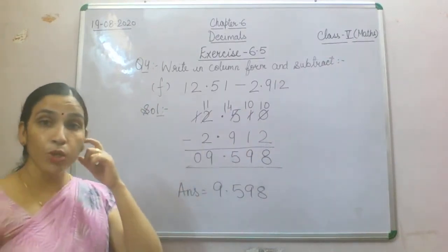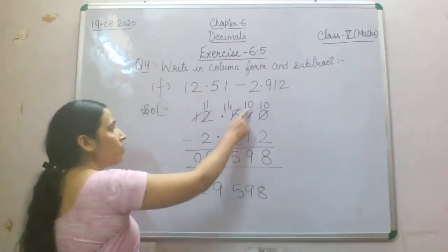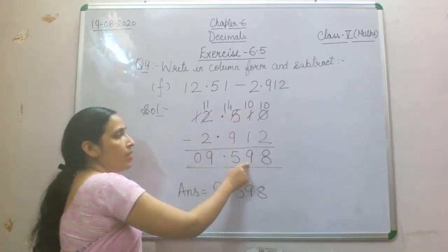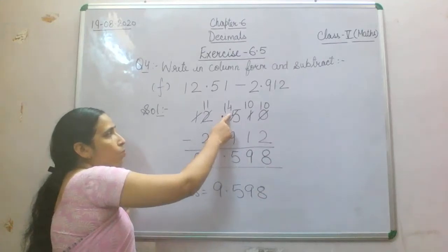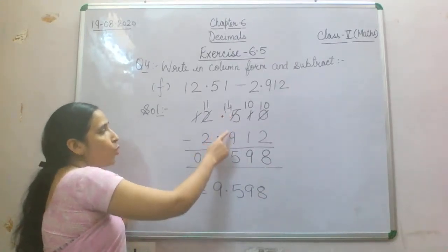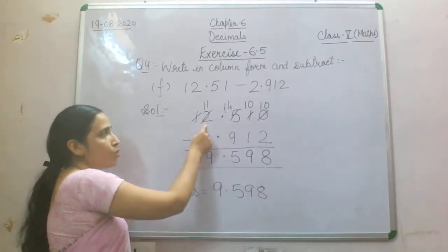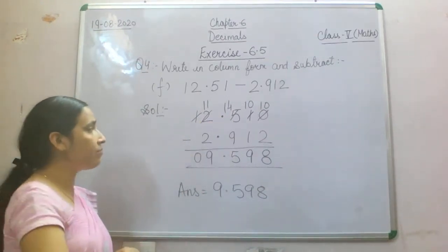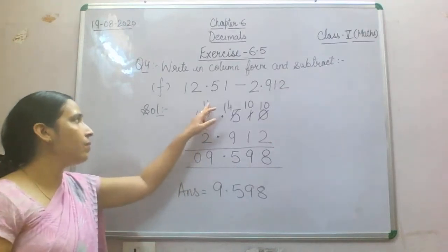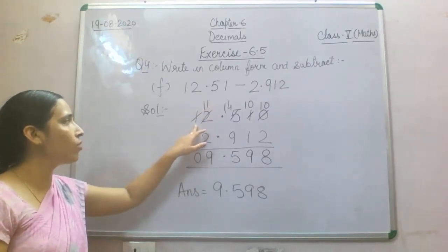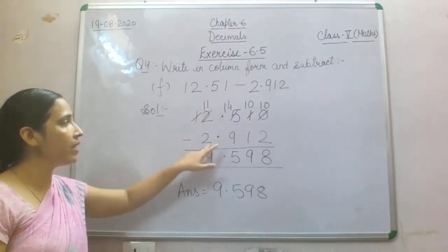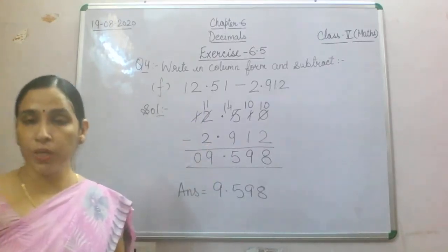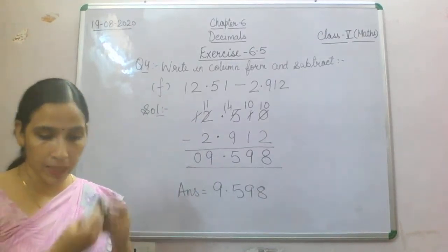So now from 0 you cannot subtract 1. This 0 will borrow from 5. This will become 4, and 10 minus 1, you will get 9. Now this 4 will borrow from this 2. This will become 14. 14 minus 9, what will you get? 5. And this will become 1. 1 will borrow from here. This will become 11. 11 minus 2, what will you get? 9. So in this way you can easily do the subtraction.